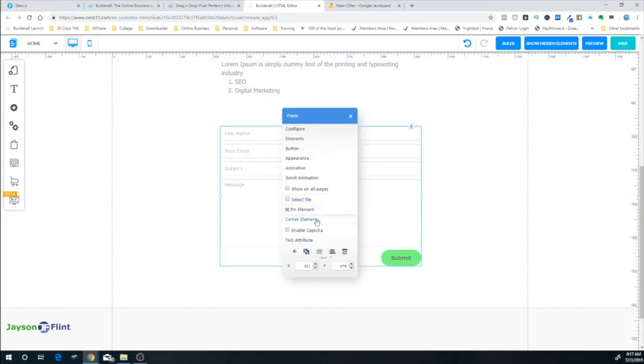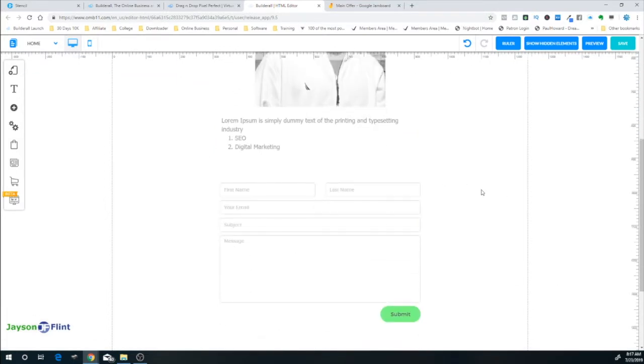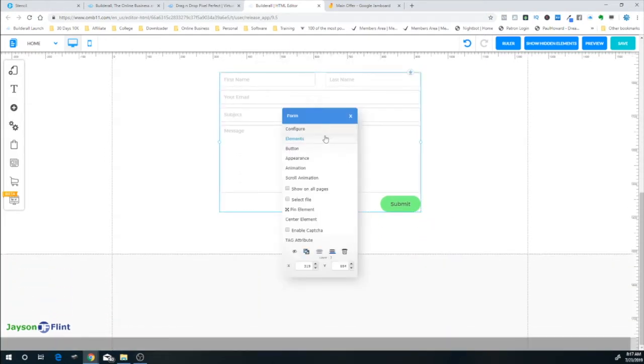And let's right click and center the elements. All right, so what I'm asking for is the first name, the last name, your email, subject, and message. Now this is very, very plain Jane, and you can barely see it on the site. I can also change the text to black, but let me go ahead and go into this and look at